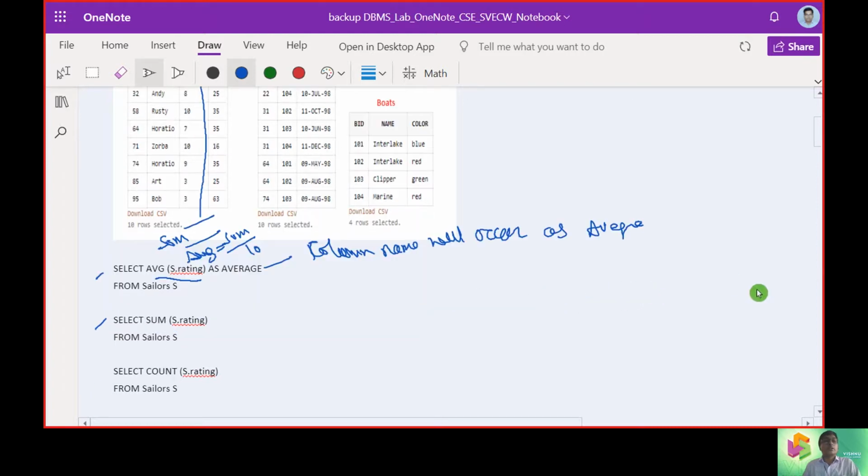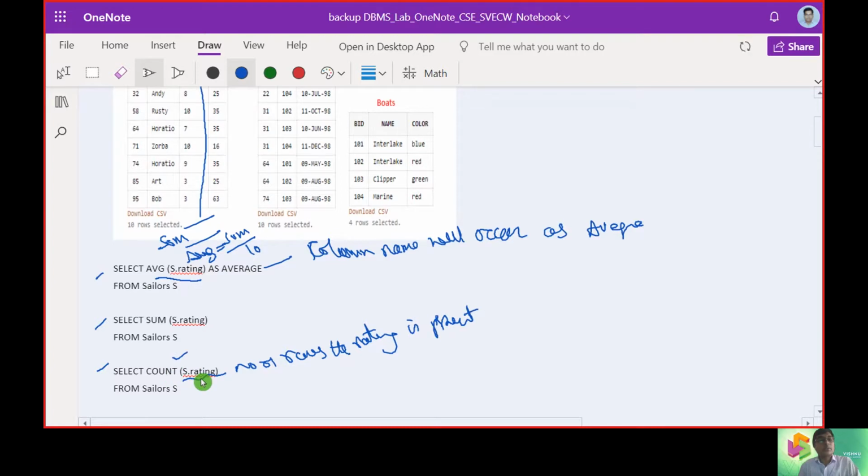That's the key distinction. And count says the number of rows where the rating is present. So that gives us the count.